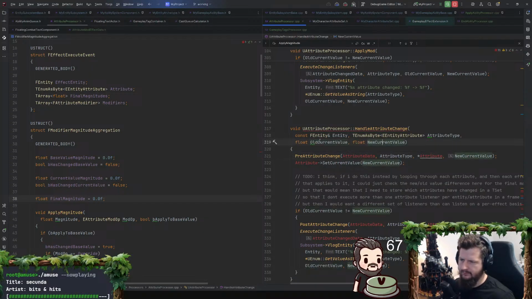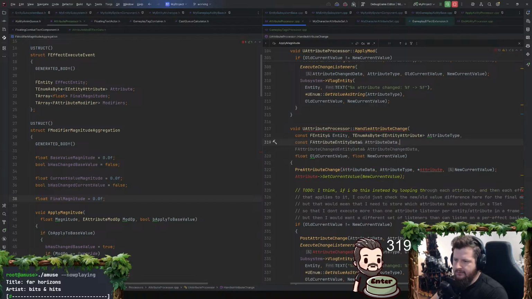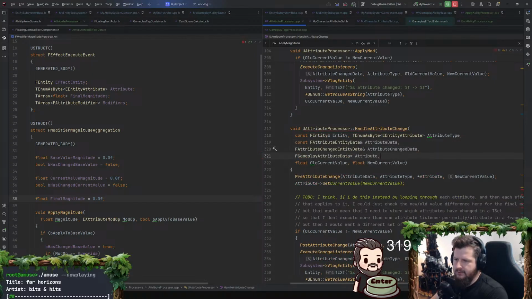We want new and old value. Old, new. We want attribute type. I need attribute data, attribute change. I need a lot of information here. Entity, I need that as well. Attribute type, and then let's go attribute data, attribute change data, attribute.